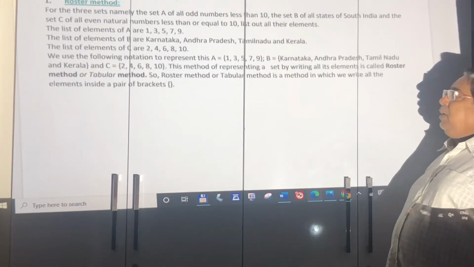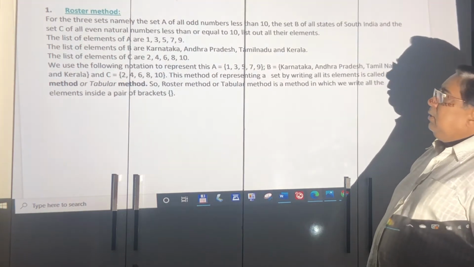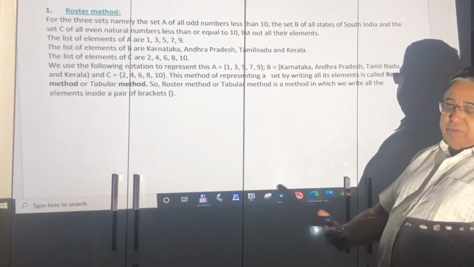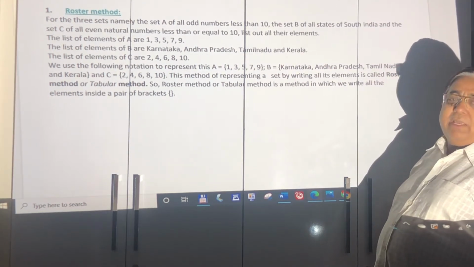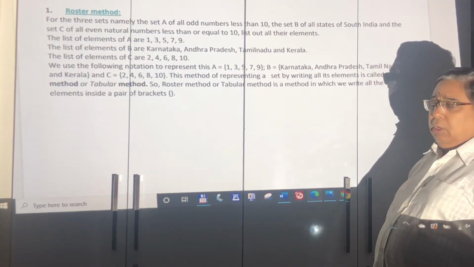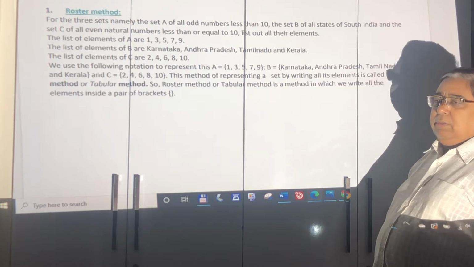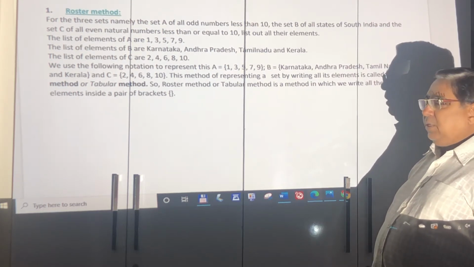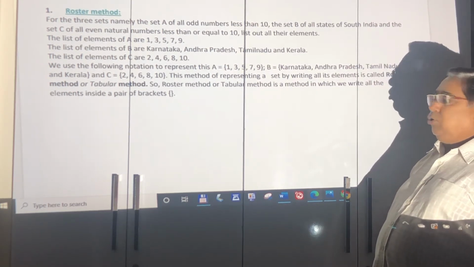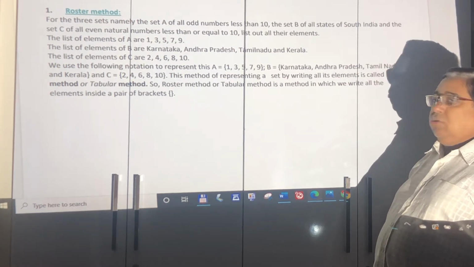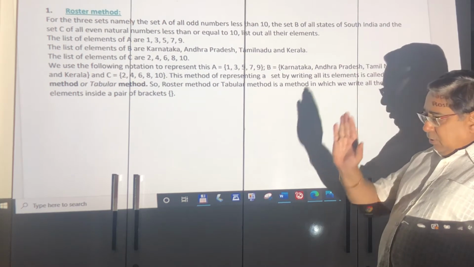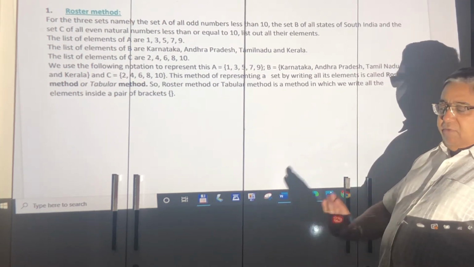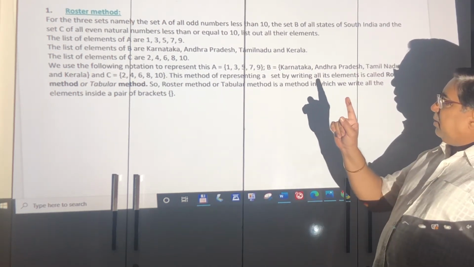Okay, how do we represent sets? How, meaning, what are the ways of making sets? First is the roster method. Roster is like your attendance sheet in the school. The teacher calls out, number 1, you say present, number 2, you say present, and so on, or absent. Or she calls names, Ankit, Ankur, A-wise or surname-wise, whatever. So when every element is written in detail, it is the roster method.